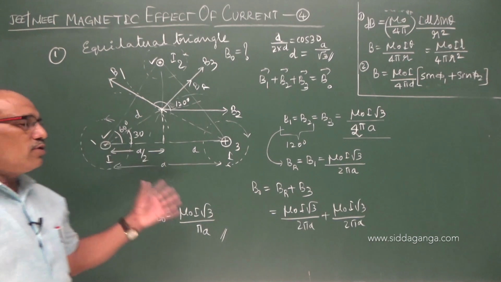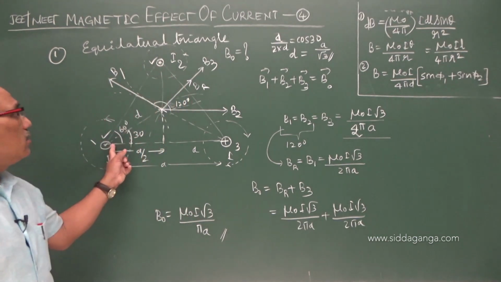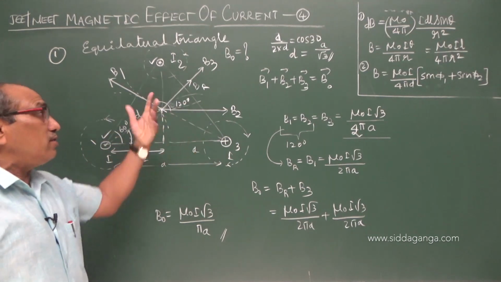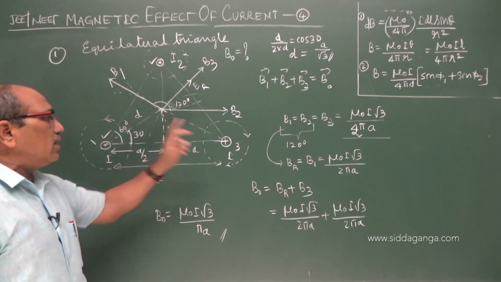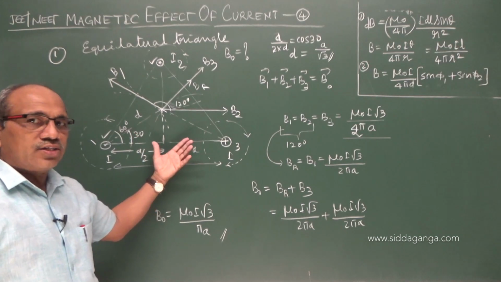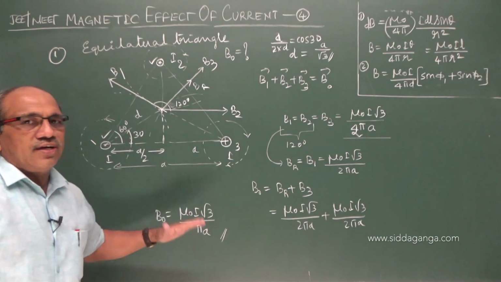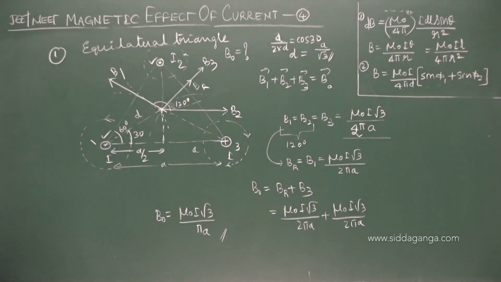In the case I have taken, two wires are infinitely long, carrying current in one direction and the third in the opposite. It may be reversed, with two carrying current inward and one opposite. All three may carry current in one direction, outward or inward. Similarly, you have to work it out to get the final answer. Coming to the next question.